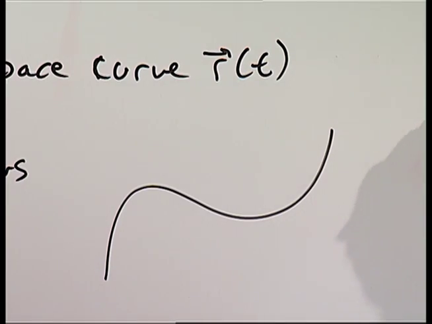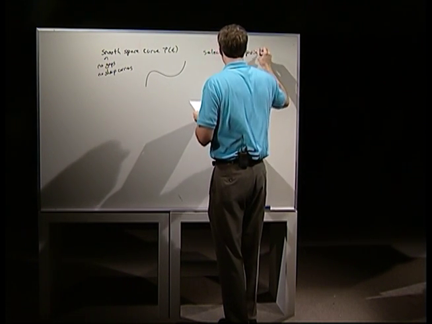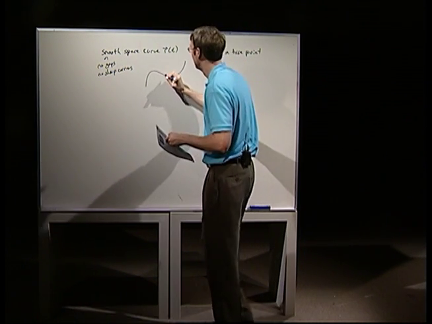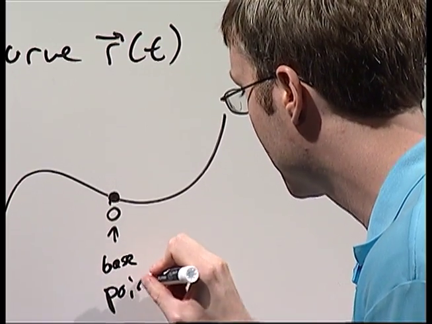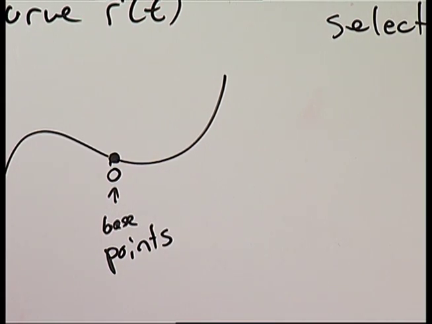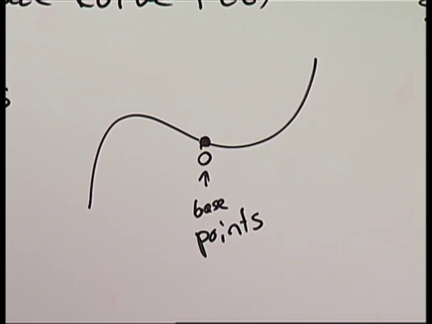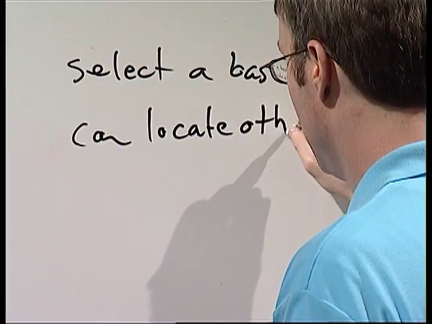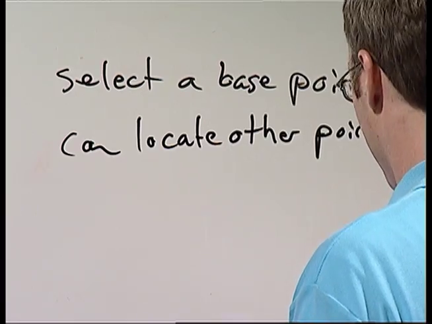OK, so pick a base point. Doesn't really matter where you go. So say there's our base point, and I'll call it 0. Really what I'm doing here is just working like on a number line. My base point is something, and from it there are other values around it. How can I talk about arc length? I can locate other points on r of t